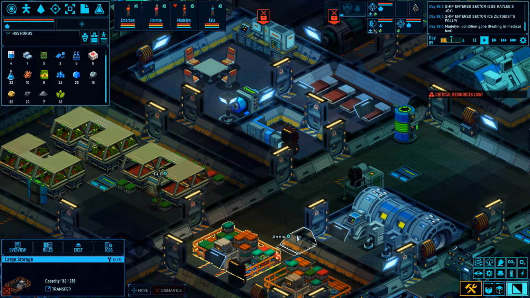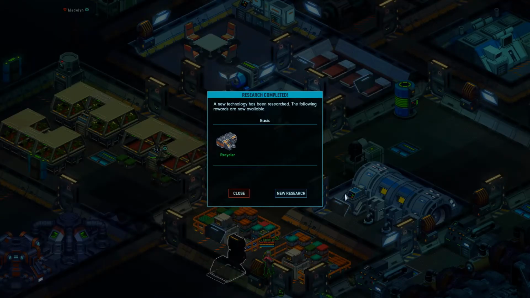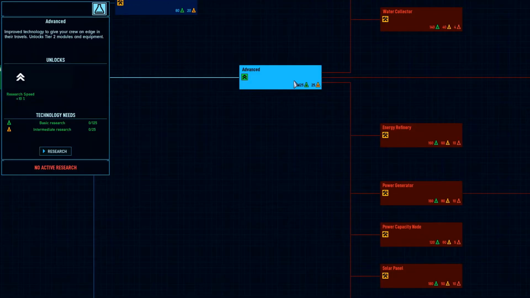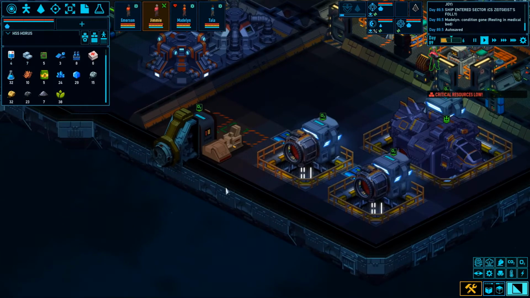So what we're going to do is we're going to grab Jimmy before he gets... Oh, look at that. We figured out how to make a basic recycler. Great. New research. Immediately we are going to head over to advanced research, please. We'll see how that works. So we need to do both basic and intermediate. So I have no idea how that works. No active research. Okay, so we have it turned on, I think. Yes. We'll take a look in a moment after we send Jimmy